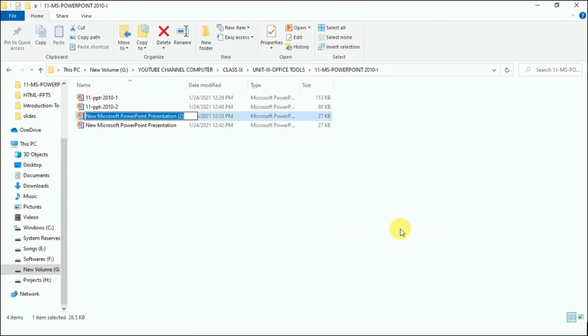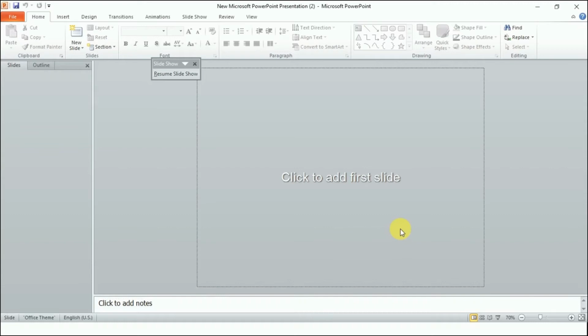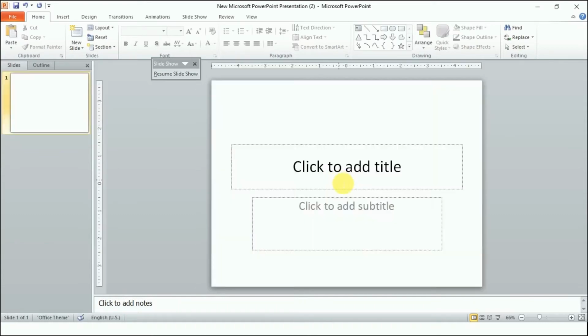Just click here and you will get to see the PowerPoint software, right? So these are the two easy ways to open a Microsoft PowerPoint presentation, right?